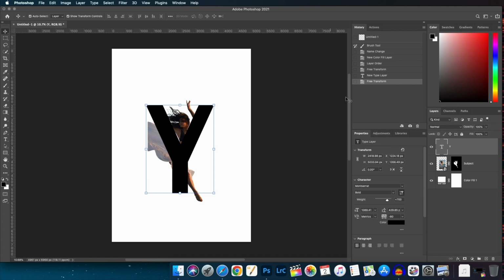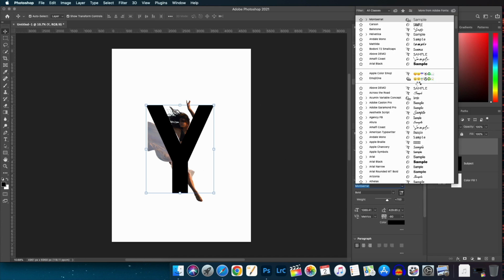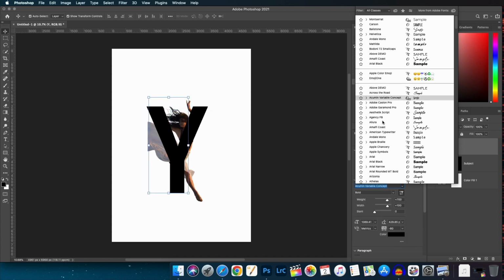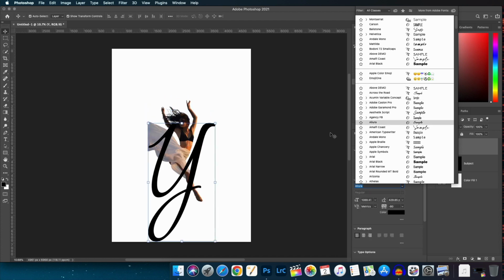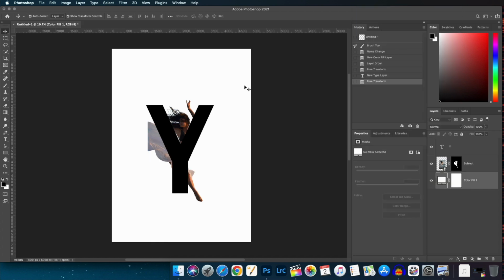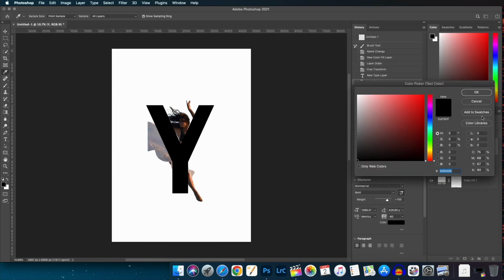Okay, let me show you one thing. If you want to change the font, you can do it from here. Yeah, there are fonts, whatever you want you can use. Let's go to the color. I think I will go with